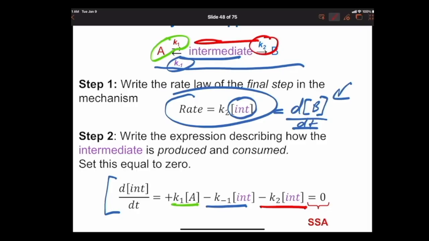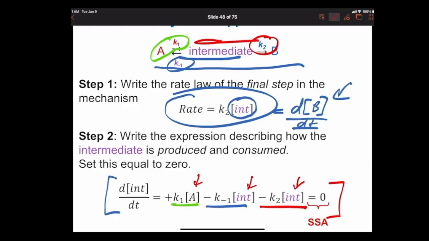So K positive 1, that's the forward reaction. K minus 1, reverse reaction. K2, that's moving on to the product. And the concentrations for each are associated with whatever that mechanism is. Okay? That's step 2. We then say, look, all of this, the rate of change of this intermediate, the steady